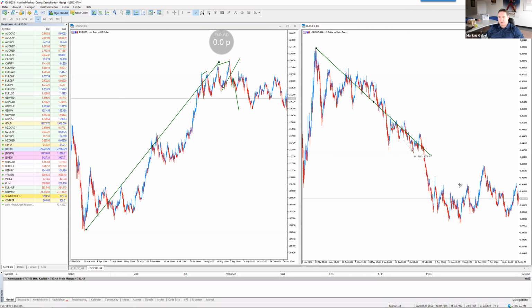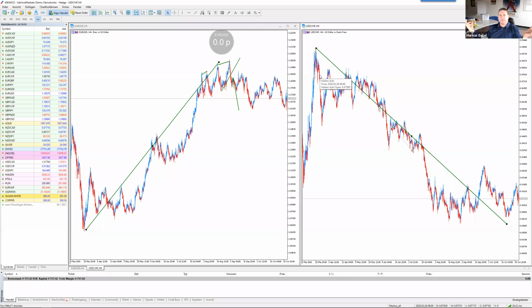And you have a stronger Swiss franc. So now think about it. If you would go long in both of them, you see, it makes no sense. Because if you are long in EUR/USD, for example, then you make profit. But if you are long, maybe in USD/CHF, you will lose, because your USD/CHF is decreasing while EUR/USD is increasing.